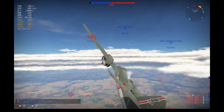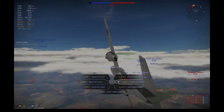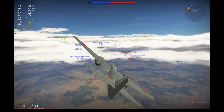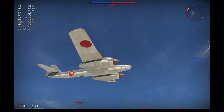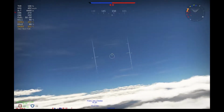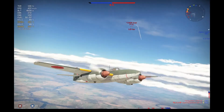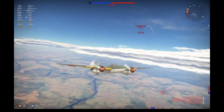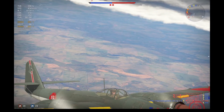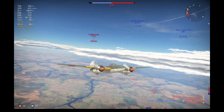As you see, the fire did actually wind up taking out the B-17, but unfortunately attacking that B-17 has left me more vulnerable to single-engine fighters, so I turned back towards my team to attempt to get some distance from that P-51 there, and also start gaining a bit more altitude. Fortunately that P-51 is diving to avoid fighting that friendly Do 335,